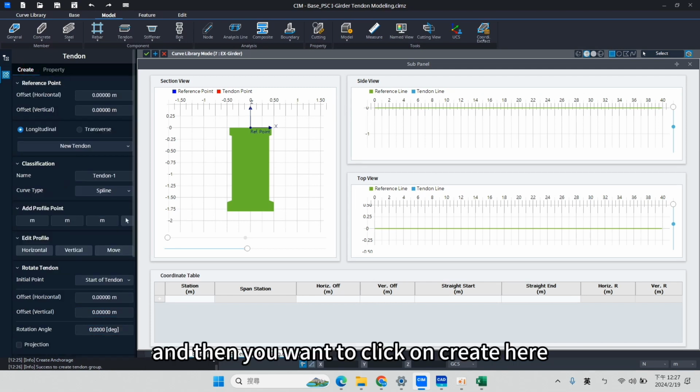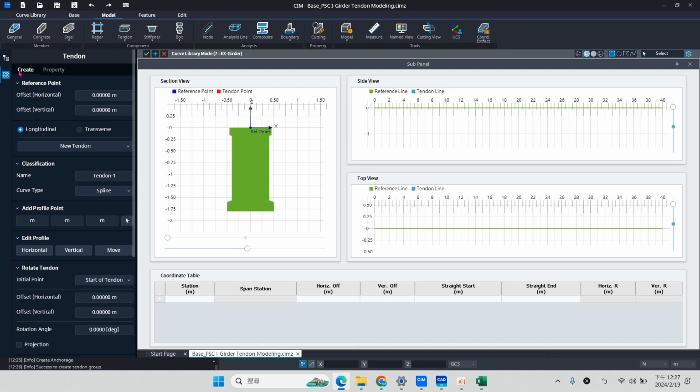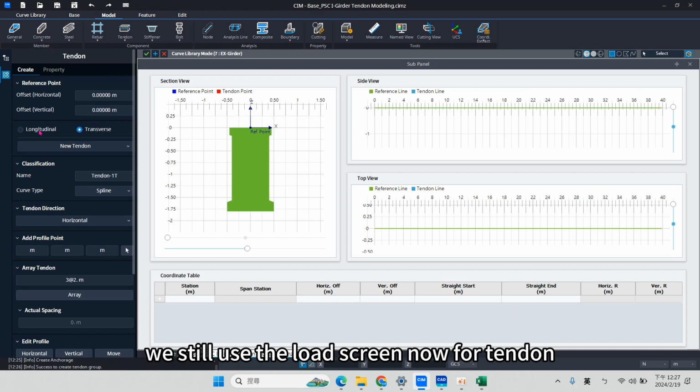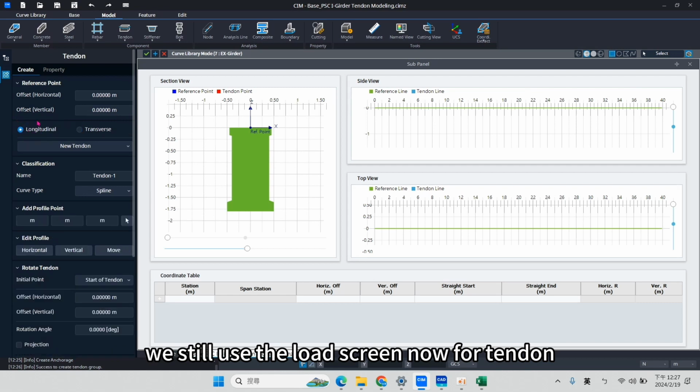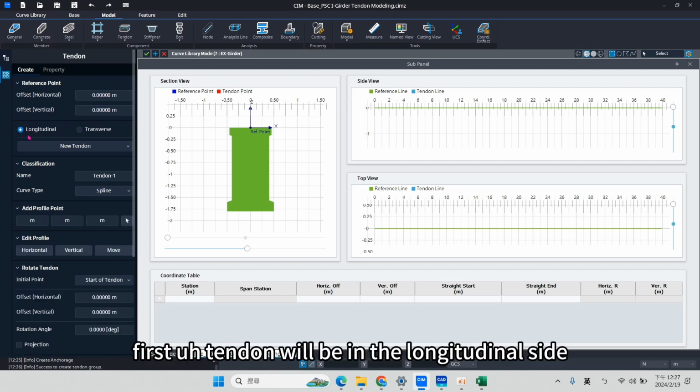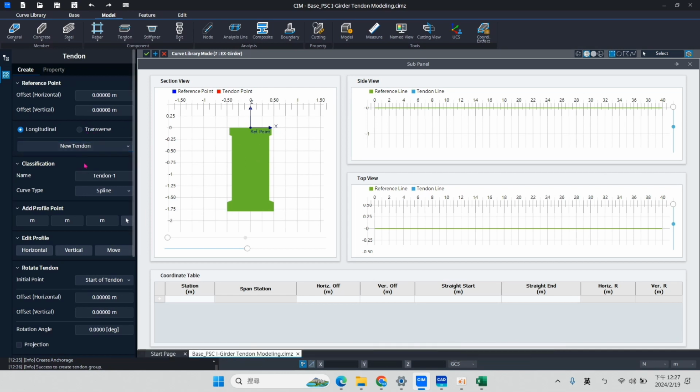Okay, and then you want to click on the create tab, and we still use the longitudinal for the tendon because the tendon will be in the longitudinal side, not the transverse side.